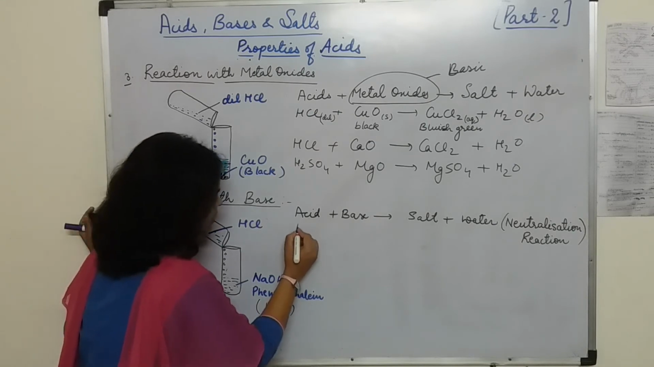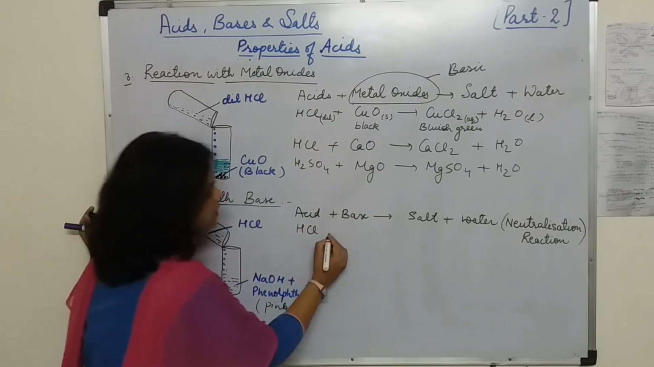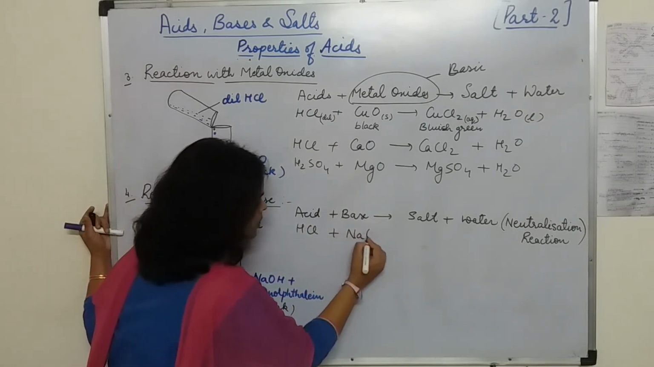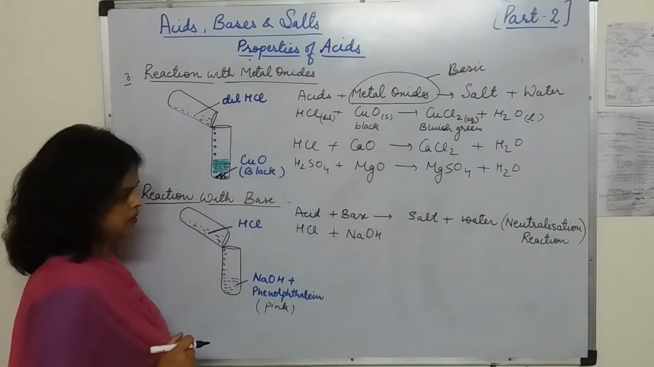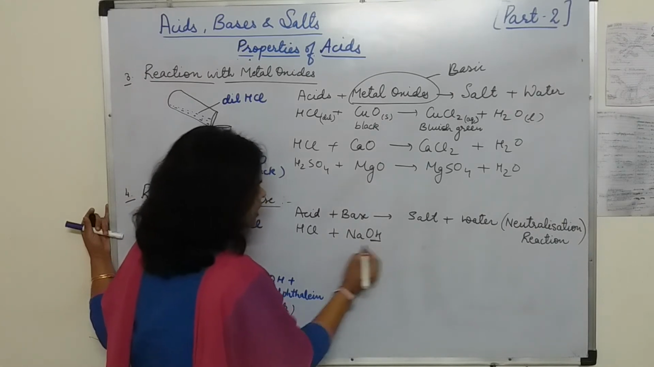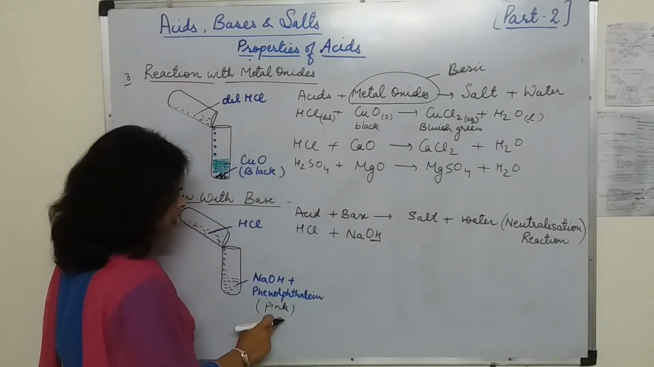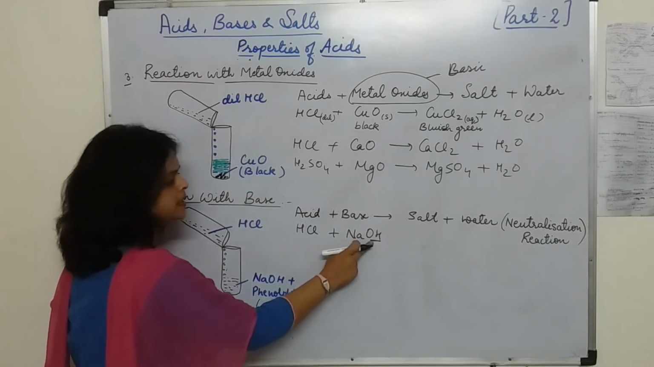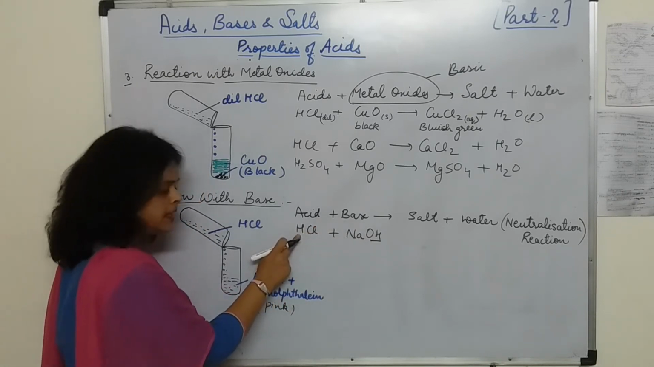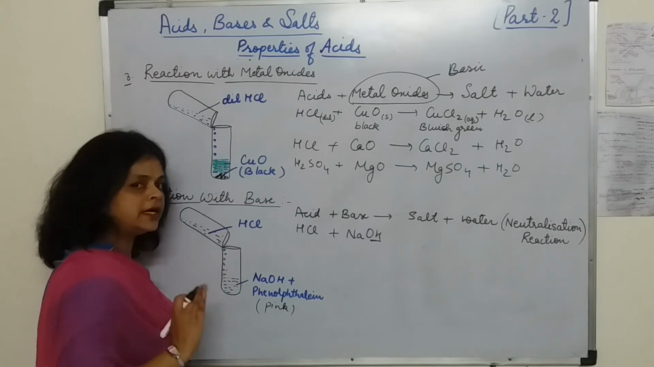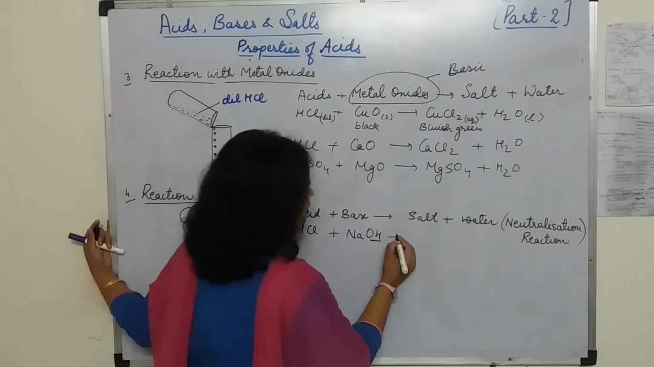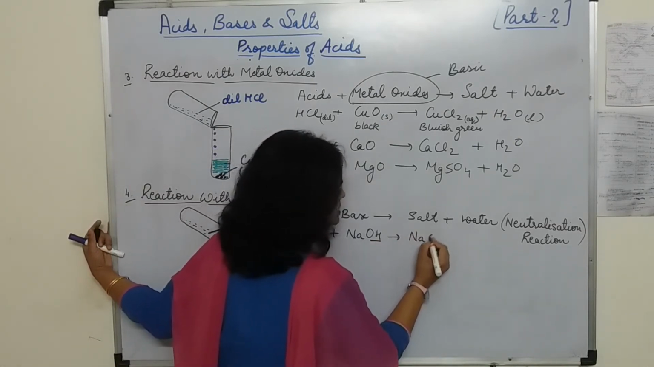See what I am saying, HCl I have taken to NaOH. In the beginning we had added phenolphthalein, so the color is pink. When these OH ions that give the pink color with the phenolphthalein get completely neutralized by the H ions given by the acid, then we can say neutralization has taken place, and the product formed is NaCl